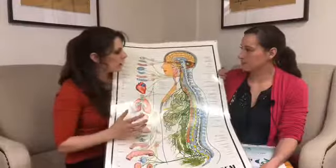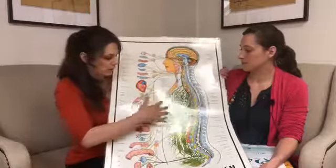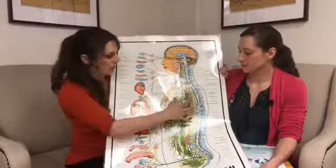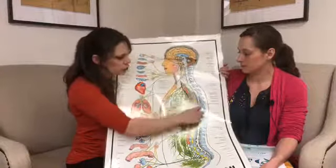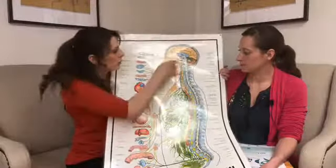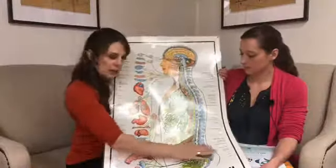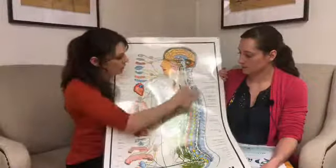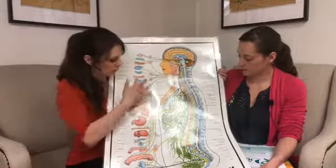So this is why chiropractors are primarily focused on spines to make sure that you're feeling better, because as you can see, all the viscera, our organs, are getting fed as to what to do from the nerves exiting the spine. This spinal cord becomes super important to our health. And the way that it is tethered, there are little ligaments that suspend the spine at the very top and at the very bottom, and that creates the right tension on the spinal cord for the frequency of the nerves exiting to be just right,